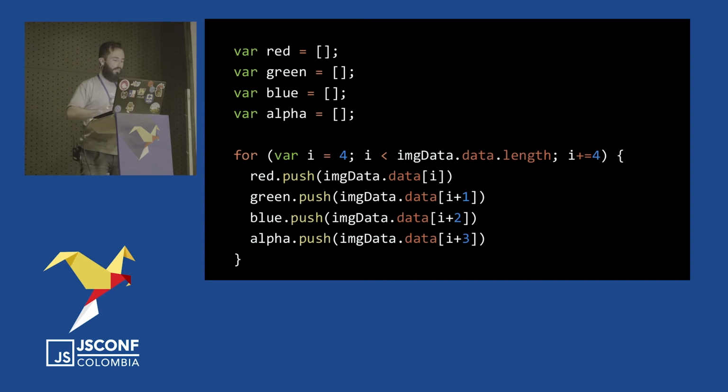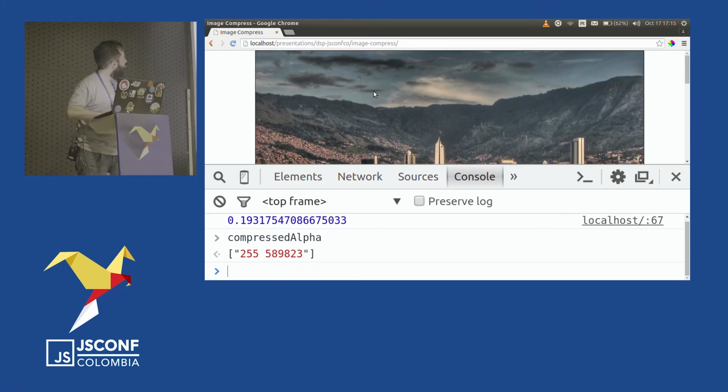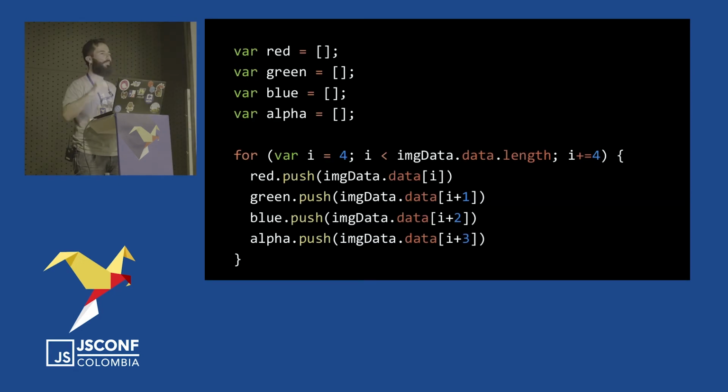Because when you think about this image again, there are a lot of points. Look at the sky: you have lots of blue points side by side. So you can take all these points and say this blue is the same one, and the same one, and the same one. And you can do this and send the image as an AJAX request or do funny things.